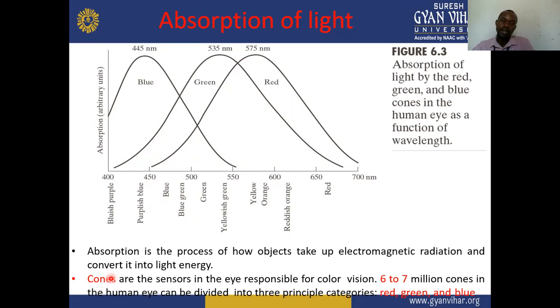Now we have sensors which are referred to as cones, and that is what is responsible for our eyes to see objects. The human eye has cones in the range of 6 to 7 million, which can be divided into 3 principal categories, that is red, green, and